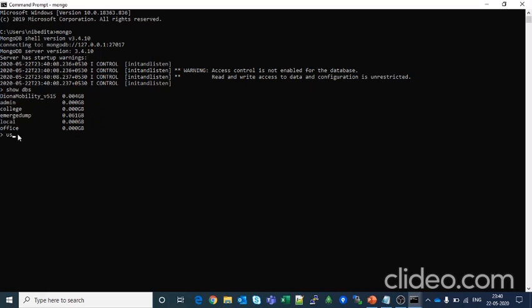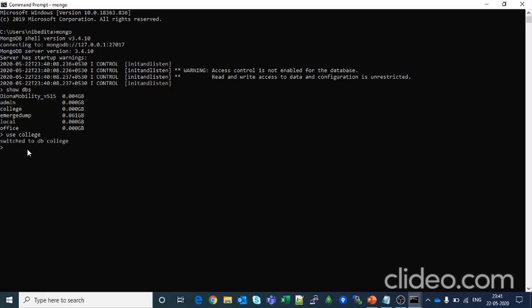Now the use command is used to connect to a particular database. Whether it is a new one or an existing one, it will switch to that database. So just enter a new database named college. So now you got it, it's showing switched to db college.